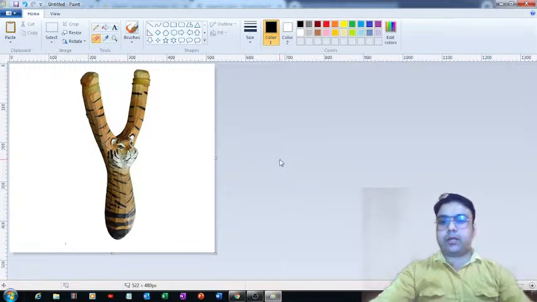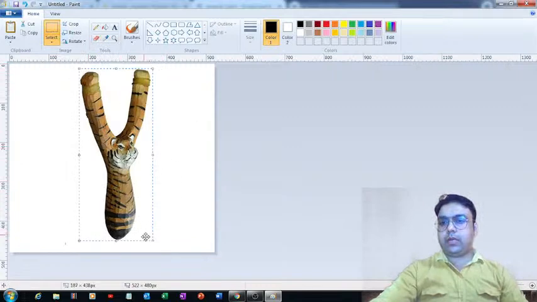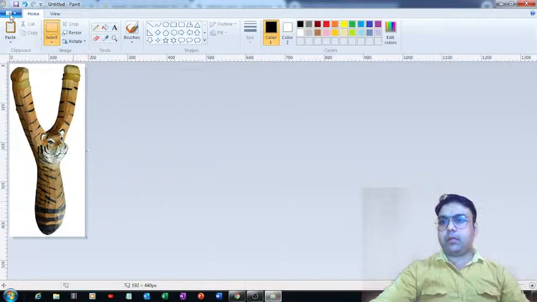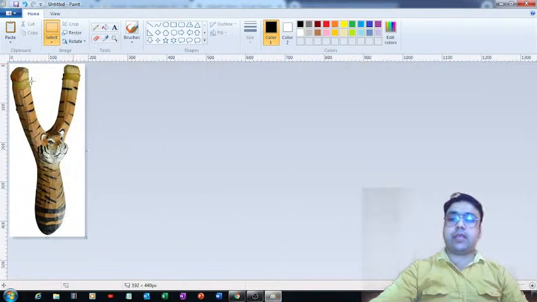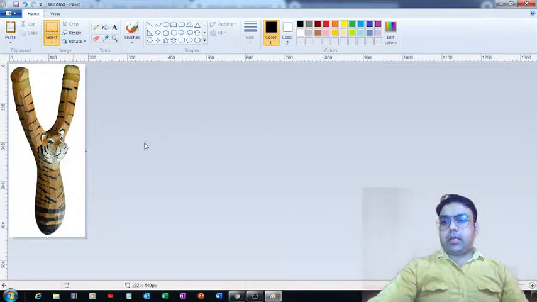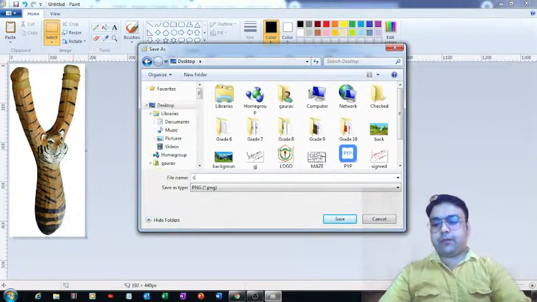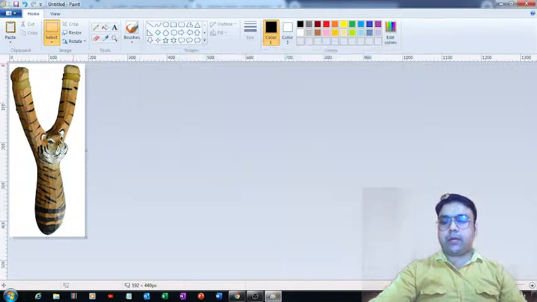I think this is much better. Now I want only this much of this image, and I am reducing the size of this window. Much better. Let me just save it with a unique name on my desktop, and after that we'll use that remove.bg site for eliminating the white background which is visible to us over here at present.